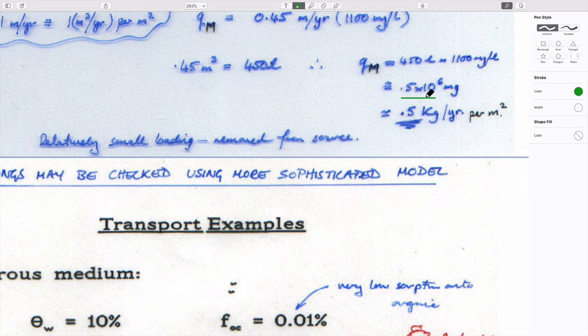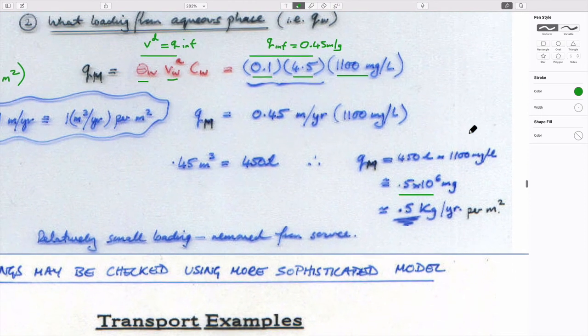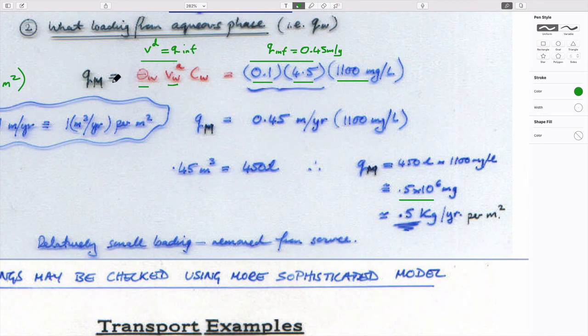So 0.5 times 10 to the 6 gives you half a kilogram per year per meter squared, which is dissolved in. So you just have to be a bit careful with the units and realize that this is a mass loading per meter squared. And so if you have 10 meters squared that are covered, you have to multiply that by a factor of 10 to be able to get 5 kilograms for the total